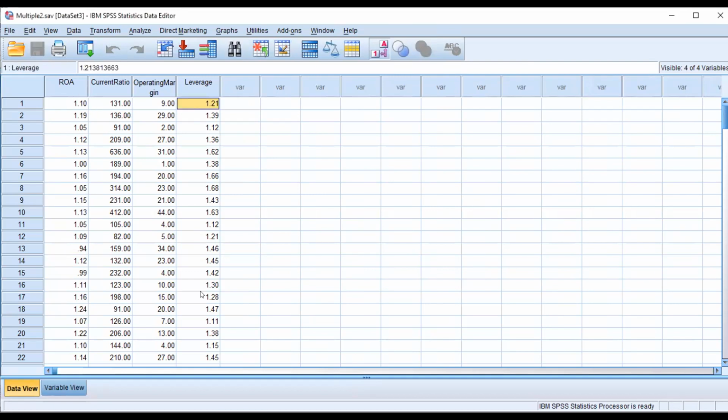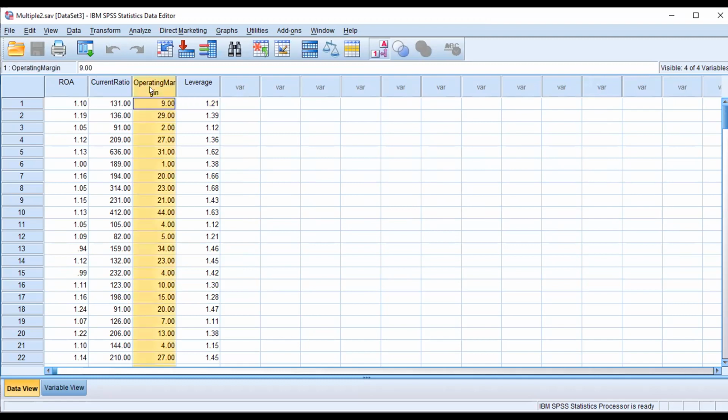So now we are moving toward the multiple regression model. Here I will discuss the impact of inclusion of variables on the R value. R is very important. R is R square basically. Here we will consider that our operating margin is a matter of ROA, current ratio, and leverage.